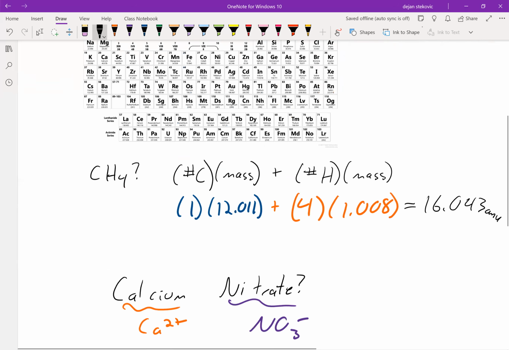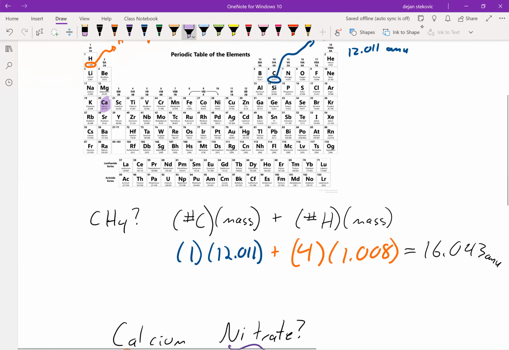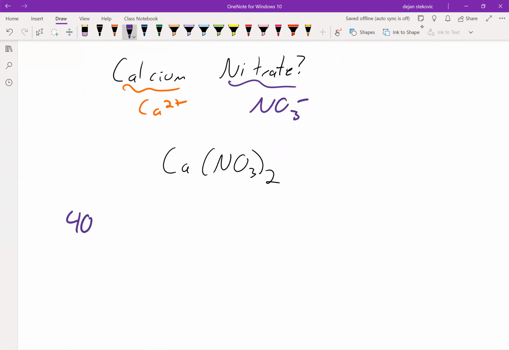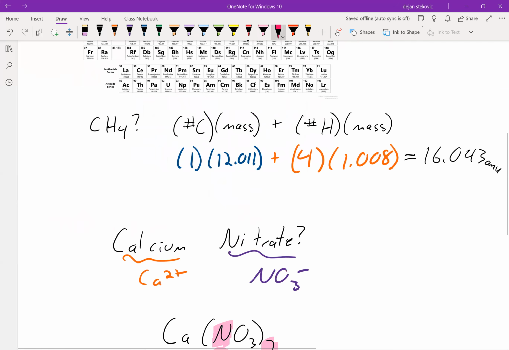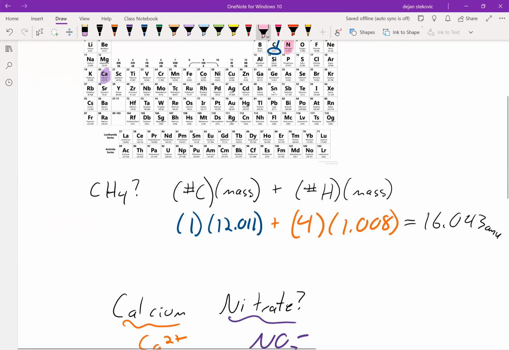So let's go ahead and take a look at how much of each one of these weighs. Calcium is right over here weighing 40.078. And there's only 1 of them, so we just have to multiply that by 1. Next up, we want to think about how many nitrogens there are. So there's 1 nitrogen per nitrate, but we've got 2 nitrates. So that means we actually have 2 nitrogens. So in the case of nitrogen, we'd multiply by 2 because we have 2 of them. And then we use our periodic table to find the mass. Nitrogen weighs 14.007